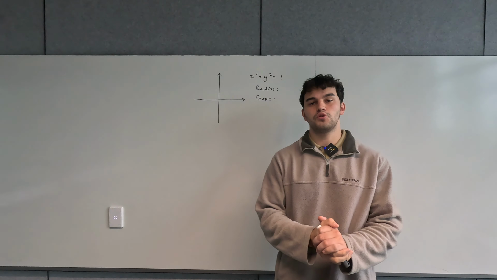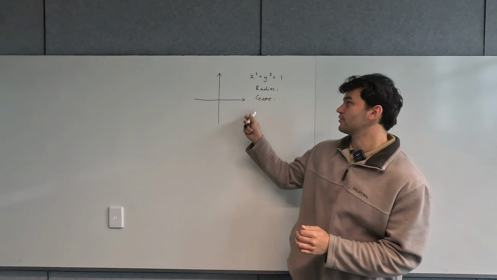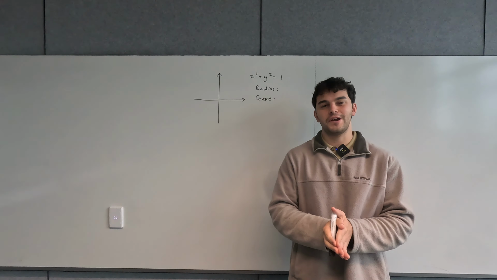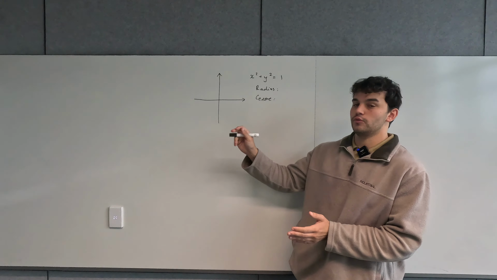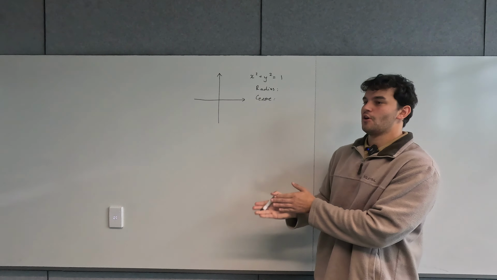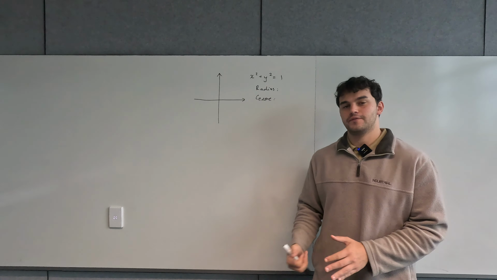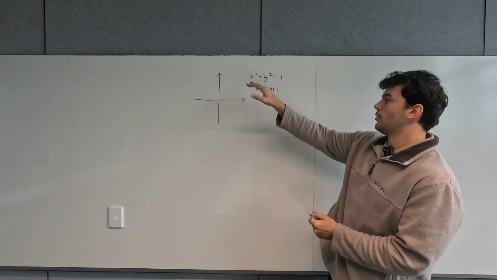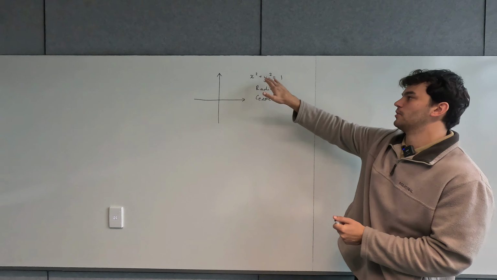One of the other types of unique equations that we have in VCE Methods is a circle, and it's unique for a key reason, and it's because a circle is not actually a function. It's a relation, and that's because it doesn't pass a vertical line test, or it has multiple x values for multiple y values. So the most basic form of a circle is x squared plus y squared is equal to